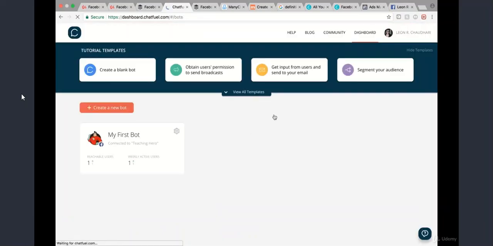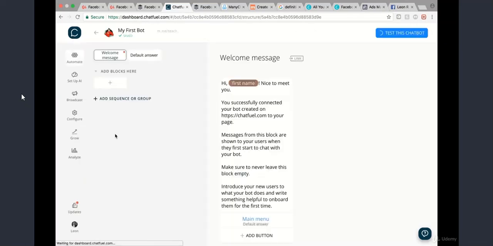Now, before we start, what exactly is a bot? So basically, for instance, if you have a website or if you have a Facebook site, then what it does, it is responding automatically for you. Now, I already have a chatbot connected. What I want you to do is, when you go into chatfuel.com, to pick one of your Facebook pages. In my case, I picked Teaching Hero. So when you go through the process of picking a Facebook page, you'll be brought right here,